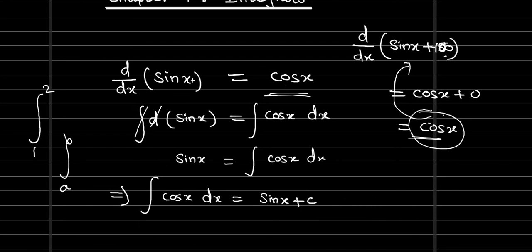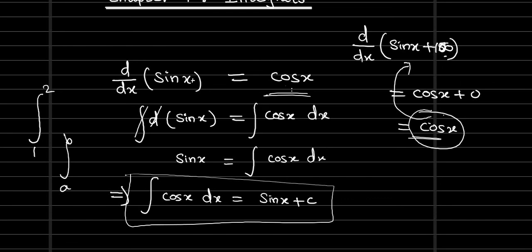What is the standard formula? Integral cos x dx is what? Sin x. So integrating cos x, we are getting sin x plus c. So plus c, you understand, right? It's a constant term because we can't predict it. Cos x may be the derivative of sin x, or of sin x plus 100 as well. So we are getting too many options, so we can write it like this. This is how we normally get the standard results.